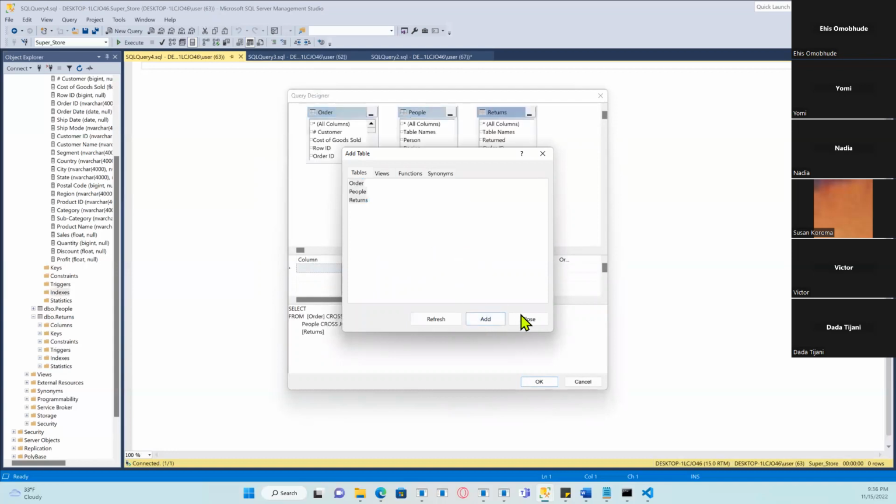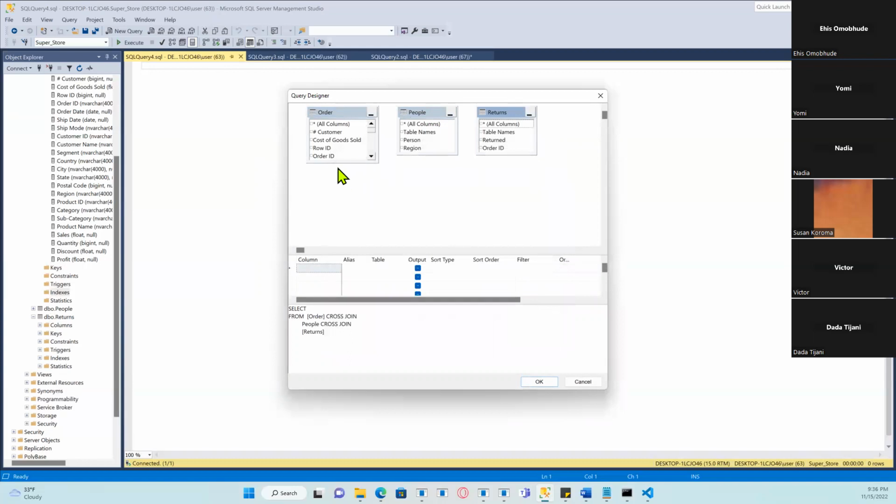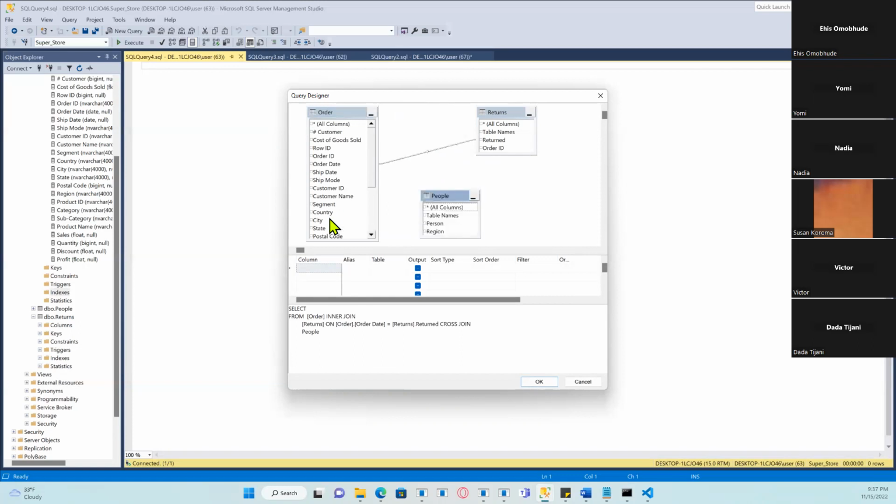Close this. So what do you want to see? So now I can do order with order data, then return a region with region. So if you want all of these columns in your field, click all columns. Order, so you can see that you are choosing all. Just select all order from,